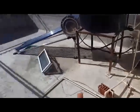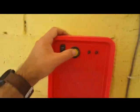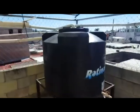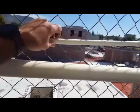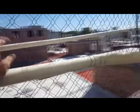And I can show you, this is the line when it goes to the laundry room, and that down there goes to the toilets. And there's plenty of water still, but I can switch on the system, and the system will run the pump and the cistern for like 10 minutes or until it's full, whatever happens first. And this here is the return line from the cistern. This is what the pump sends water to return to the tank to be used in the house